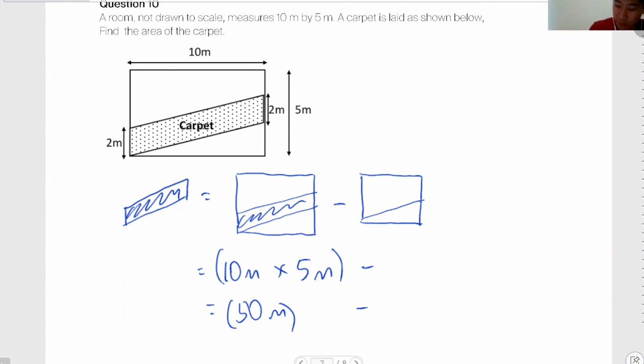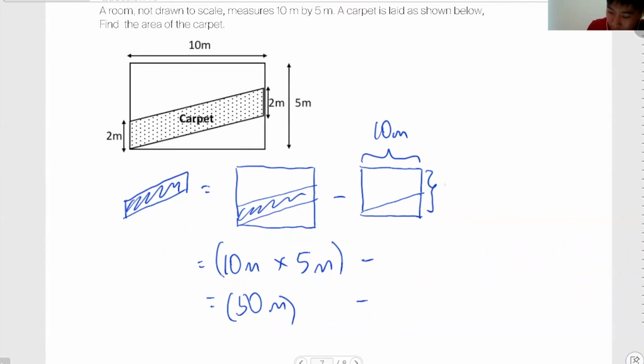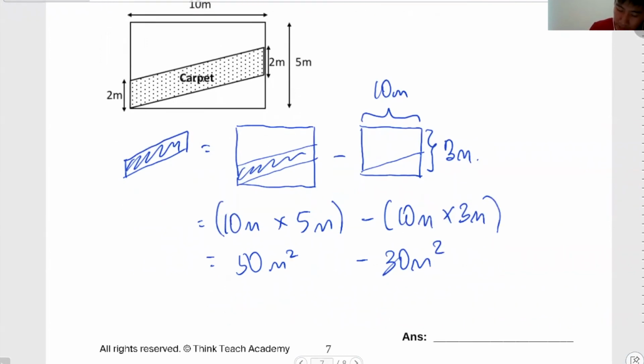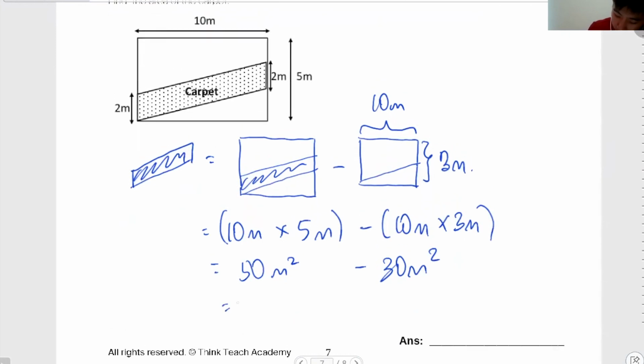If I were to close up this part, right, you will realize that this remains as 10 meters, but now the breadth, instead of 5 meters, now it becomes 3 meters. So this is essentially 10 meters times 3 meters the area, which is 30 meters squared. Okay, so for question 10, the answer here is actually 20 meters squared,